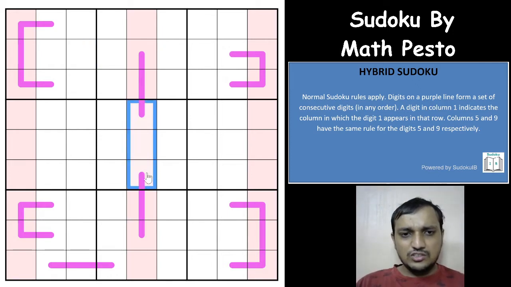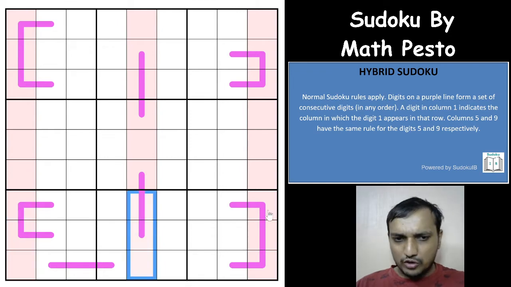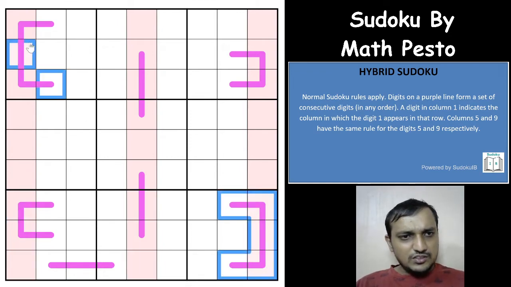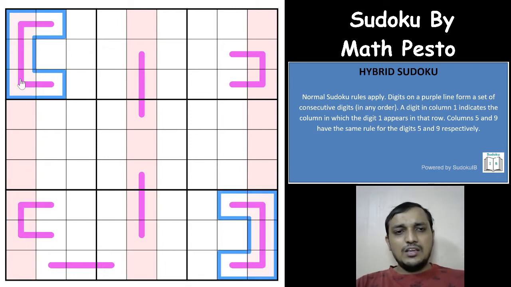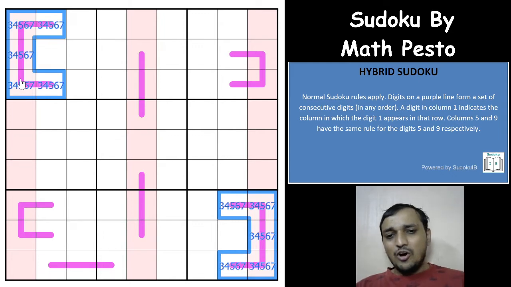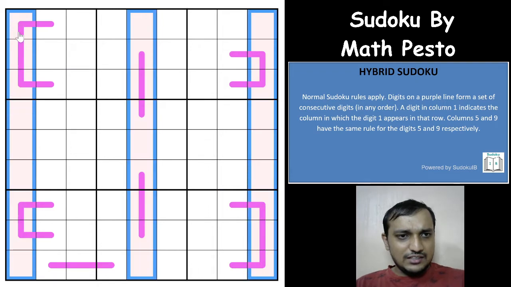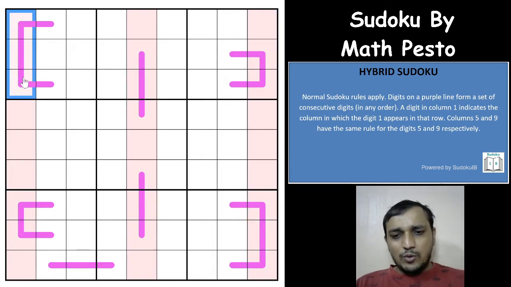So in these 3 cells, one would have to be the higher, one would have to be the lower, and one would have to be the middle digit. The same way these 3 in every box, which means these cells can only be particular 5 digits, that is 3, 4, 5, 6, 7, because one higher digit, one lower digit would have to be in these 3 lines. In these 3 cells, one higher and one lower digit would have to be, and the highest